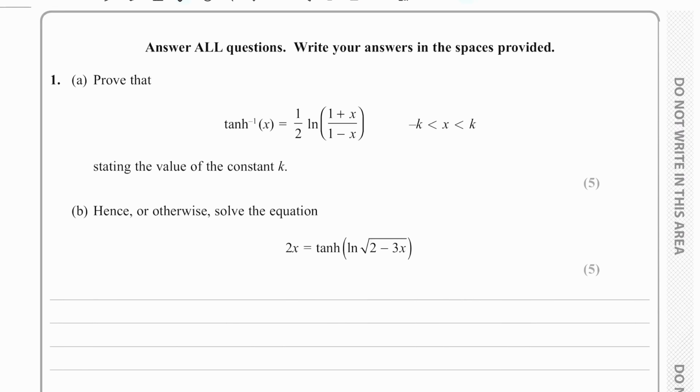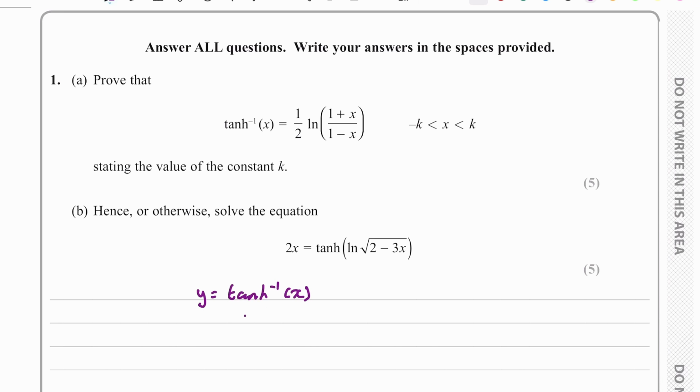So in this question, we've been asked to prove that the arctanh of x is equal to this, where x is between k and negative k, and we have to state the value of a constant k. So the first thing we need to do is, if we say that y is equal to the arctanh of x,